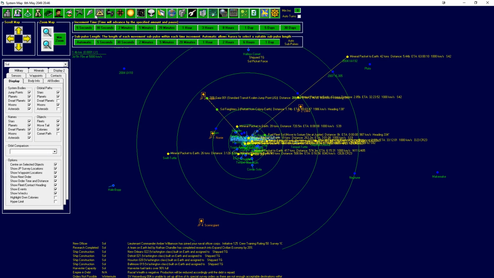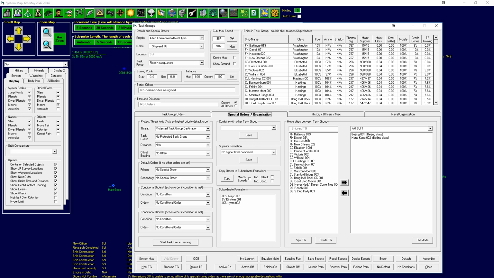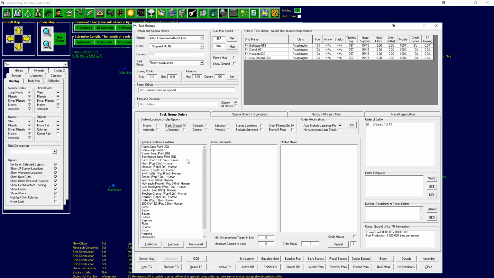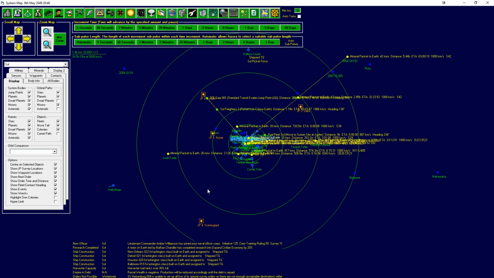However, we do have ourselves some new fuel harvesters. So grab them: the Baltimore, the Detroit, the Houston, and New Orleans, and split them. Task group order, task group. Sol freighters to join. And then